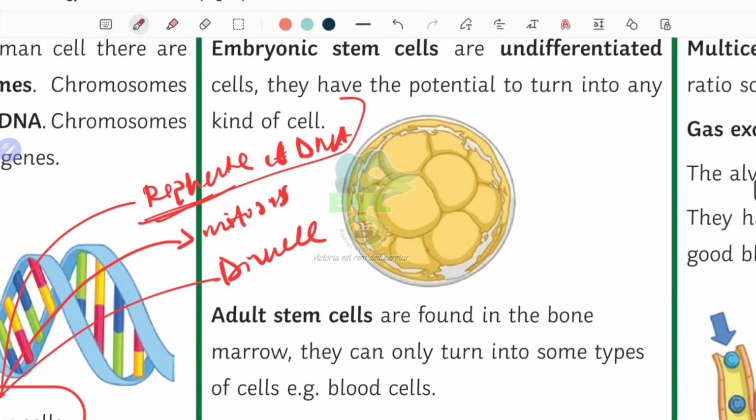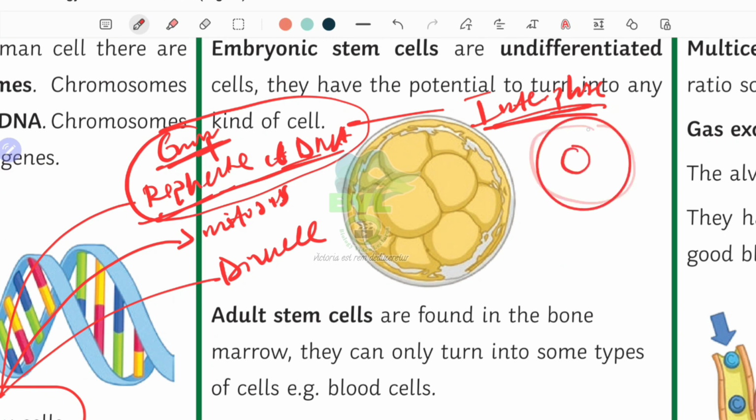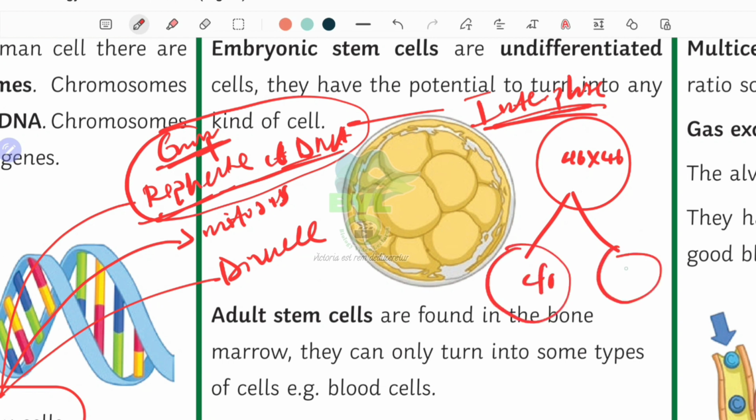So this part where the cell grows and replicates is called interphase. The stage whereby the cell is just growing, then replicating, is called interphase. What does that even mean? Maybe the cell was this size, it has become bigger in size. Now, if it has, say, 46 chromosomes, those 46 chromosomes must duplicate and have another 46 chromosomes, because when the cell splits into 2,